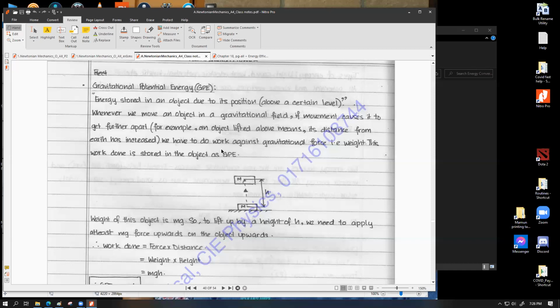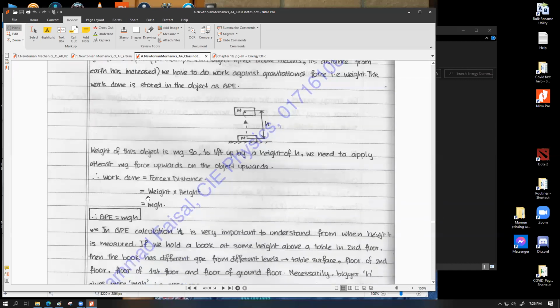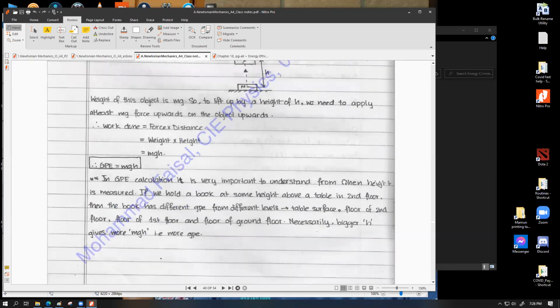Here is a very simple figure for the GP calculation for an object. We have an object of mass m. If we lift it up by a height of h, then the total work done will be given by force into distance, which is weight into height, which is mgh. In GP calculation, it's very important to understand